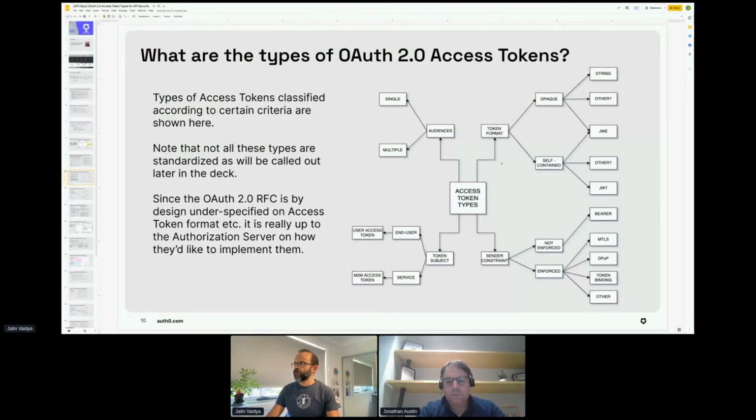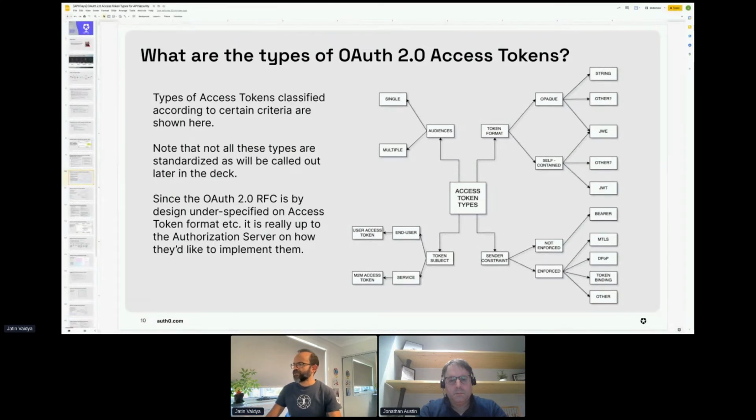So far we talked about the token format and the token subject. Now, another key aspect of the type of access token is whether it is constrained to a particular client application. By sender here, I mean the client application, because the client application is the one which actually sends that access token to the resource server in order to access it.